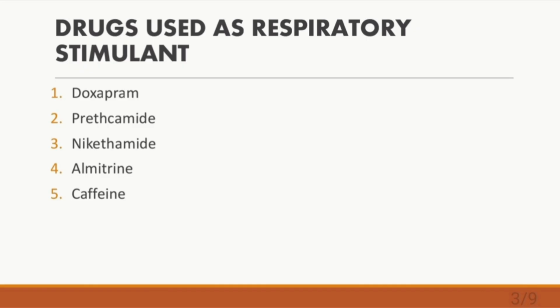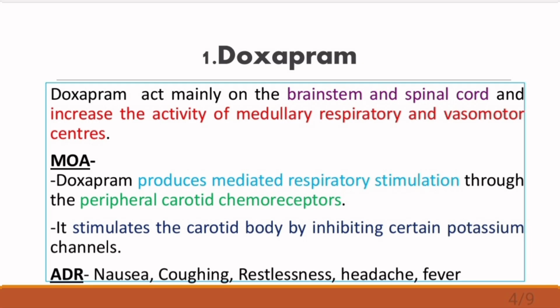Here I have mentioned some drugs which are used as respiratory stimulants. It includes doxapram, prethcamide, nicotinamide, almitrine and caffeine. First drug is doxapram. Doxapram acts mainly on the brainstem and spinal cord and increases the activity of medullary respiratory